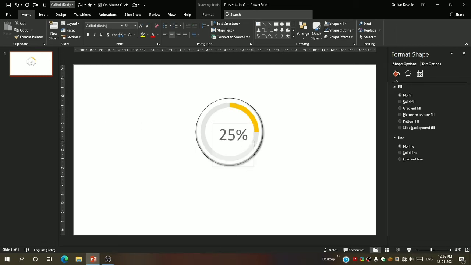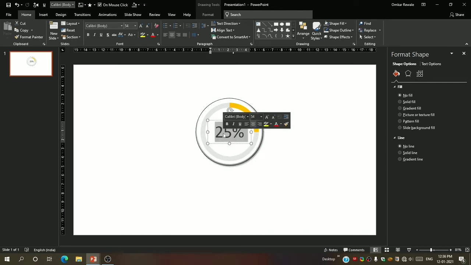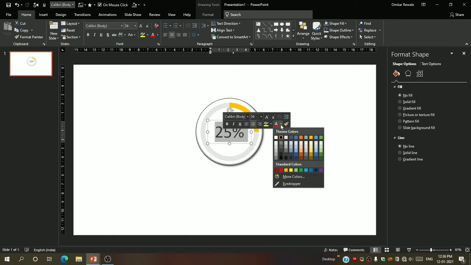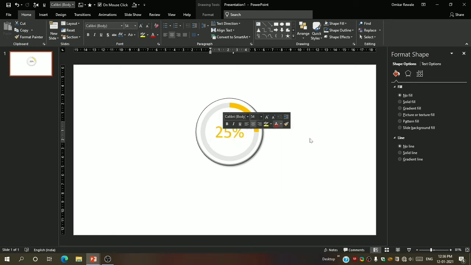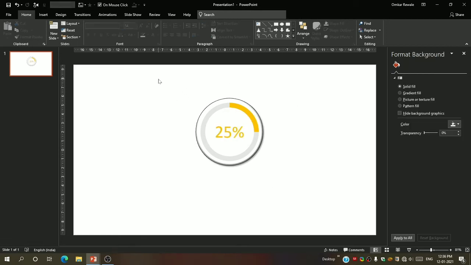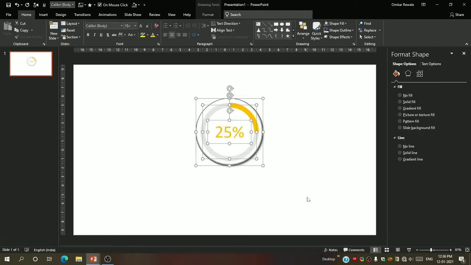Adjust it by making it bigger. Select this, go in font color and select the yellow color, and done. Now we will select all this and press Ctrl plus G to group.